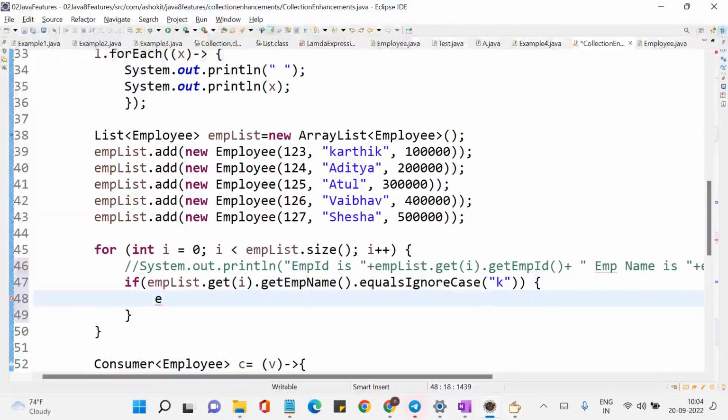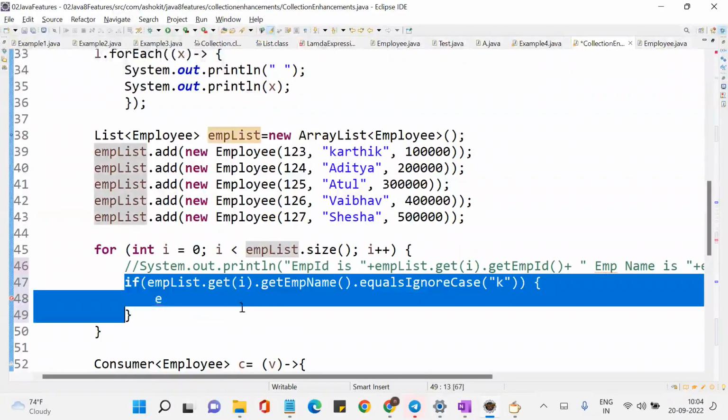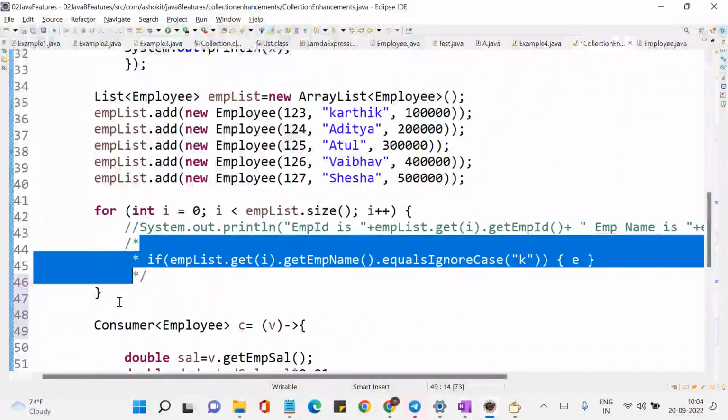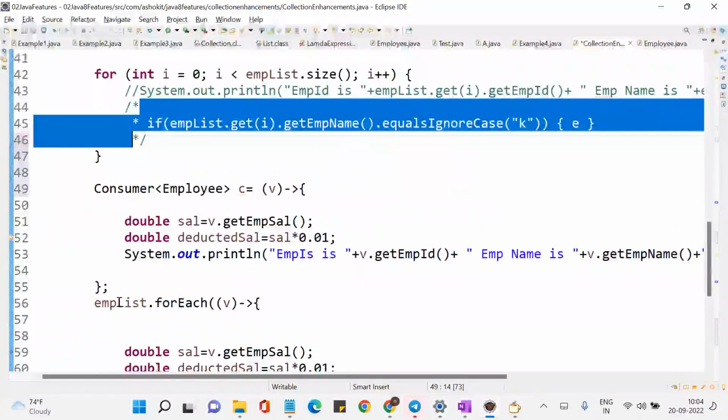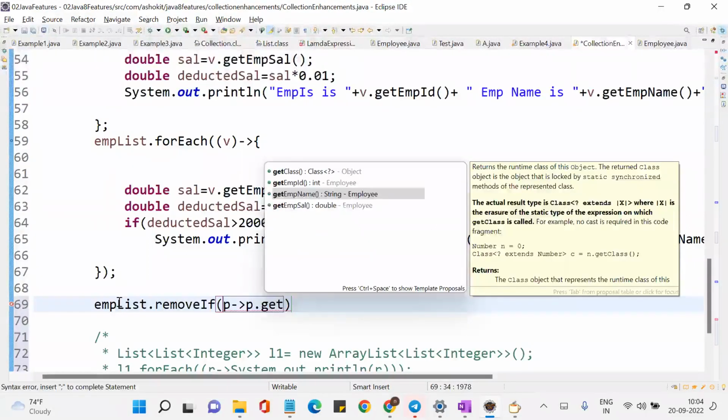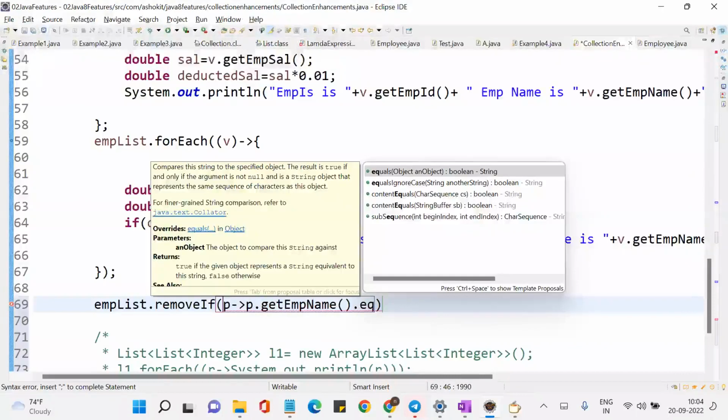Okay, so this is the normal way of writing. But if I want to write it with removeIf, what will I do? Let me write here: empList.removeIf. So the removeIf method is taking a predicate. So here I put p.getName, get employee name, dot equals, or else startsWith, or equals, anything. If I say K,